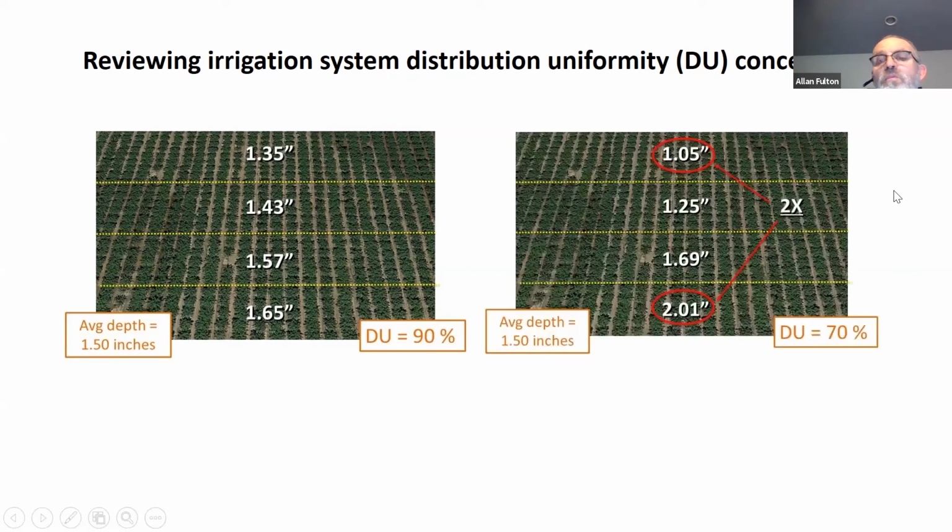Now here's a scenario where the application rates are not as uniform. On the upper quarter, closest to the pumping pad, where pressures are probably higher and better, we apply on average 2 inches of water. On the low end, after significant pressure losses, maybe due to undersized pipe, maybe due to plugging at your filters, many possibilities,